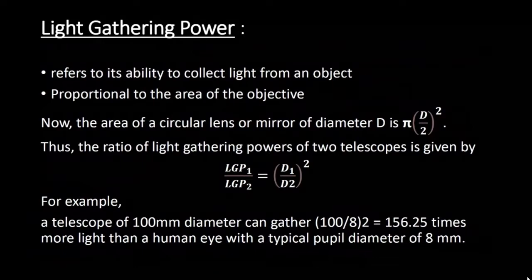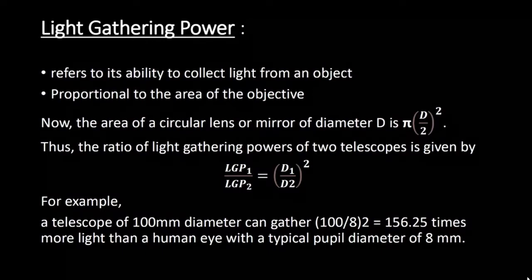So the next definition would be the light gathering power. The light gathering power of a telescope refers to its ability to collect light from an object. Interestingly, celestial objects mostly have faint sources of light because they are very far away, and in order to capture the image, we need to gather as much light as possible. This is somewhat similar to catching rainwater in a bucket, which we were doing in our childhood. We know that we could capture more rainwater when the area of the bucket is more.